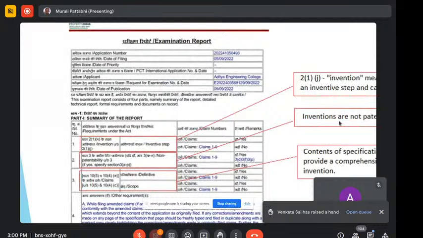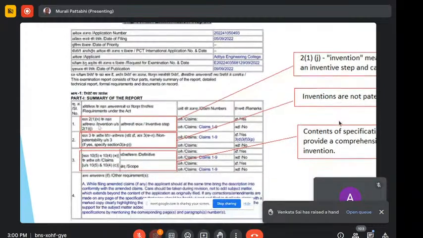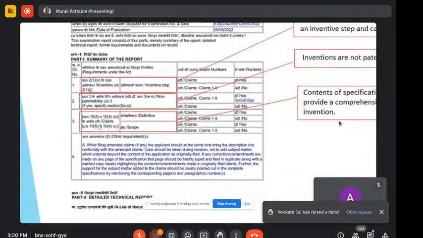If you see definitiveness and scope, definitiveness means whether the document we have submitted is clear or not. As per the objections given by this examiner, all claims 1 to 9 don't satisfy the definitiveness section, and scope is also not clear. These are the objections given by the examiner. And if you see what is required, like you need to file, amend the claims, and you can submit any other arguments, and everything will be given in this 4th section. And once this is given, they would give